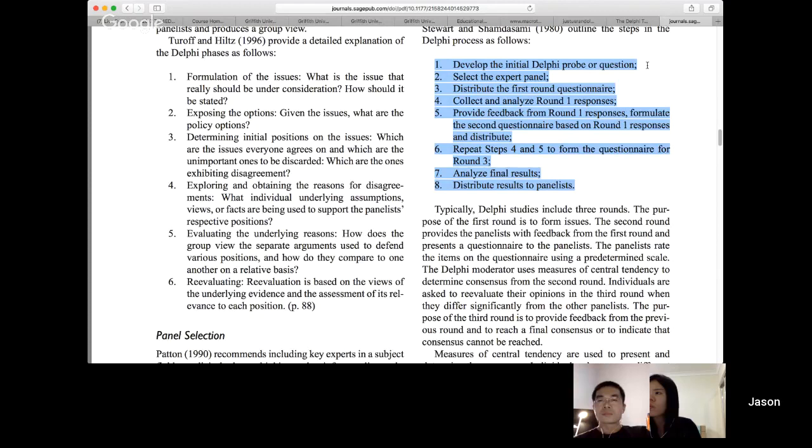You collect the responses to that first round of questions. You give everyone feedback on what those responses were. And you then work through a process of coming up with a second set of questions, informed by the responses from the first set. You then have everyone vote on those again, and then you analyze results, and you distribute the results and publish from that. So it's a fairly simple process, but a very effective one for complex questions. Sometimes they'll have 3 rounds. This one says they often do. More often they only have 2 rounds, but 3 rounds can be more useful.